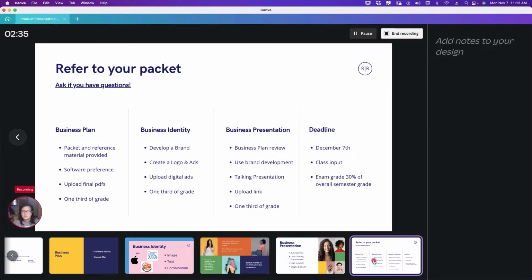So we're going to get a packet, and if you have anything in your packet you don't understand, I want you to ask questions. So you'll have a sample business plan that you can work from, but you need to make it unique to your business. You can use whichever software you want, whether it's Google or Microsoft or Mac products, I don't care, because you're going to upload your final business plan and your financials